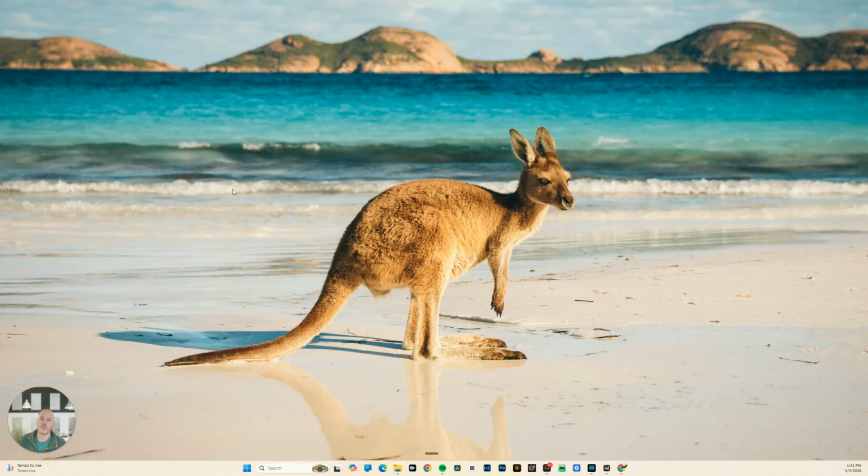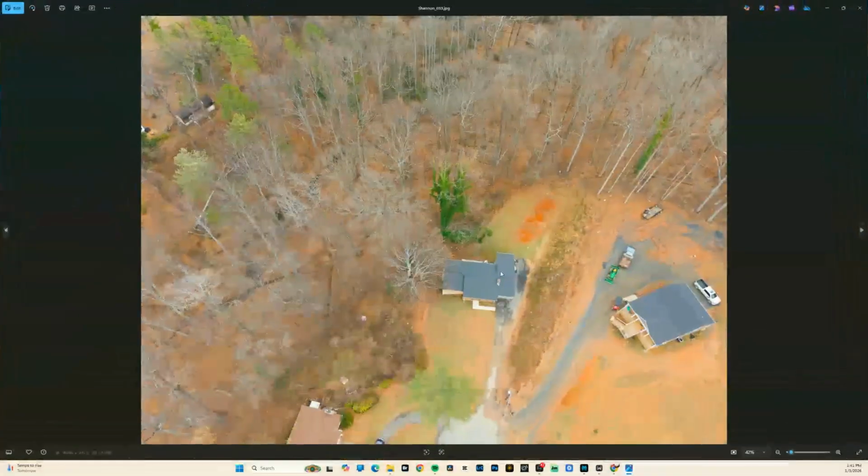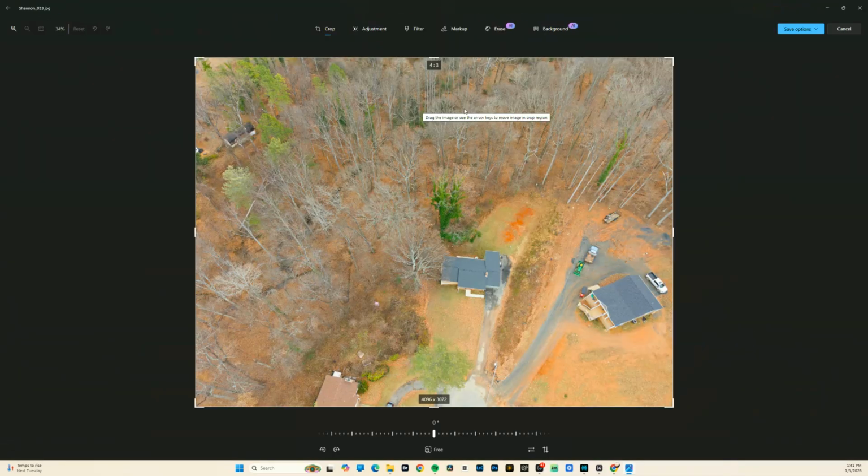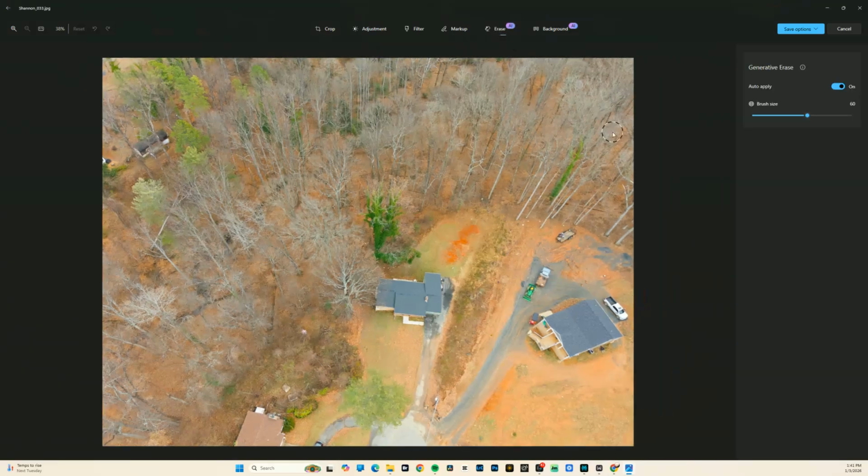So we're going to go through some examples, and you can see what it's capable of doing. We'll start with the most common thing that I do with it, which is car removal from drone shots. Now most editors will remove this stuff for you, so it depends on what your editors will or will not do. But in the event that you do it yourself, we come in here to edit, erase AI,